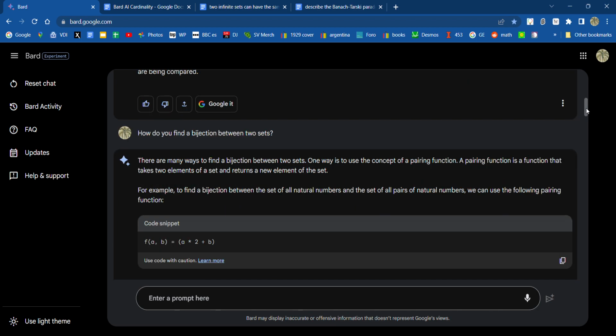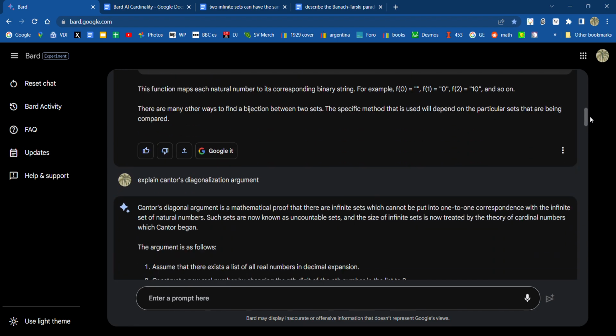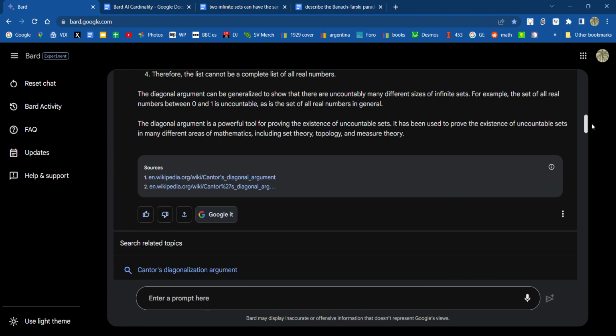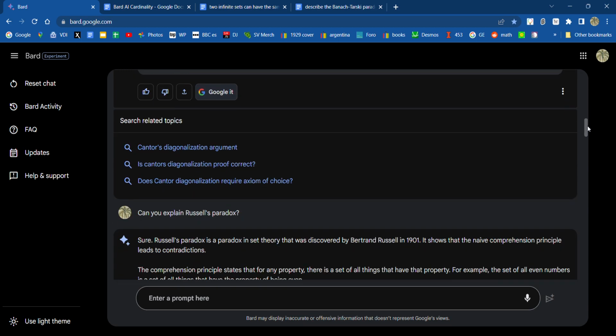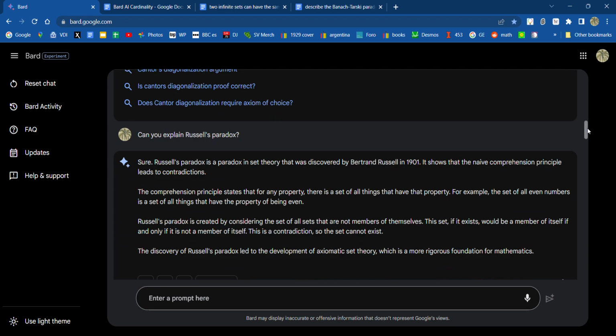In some of the questions, it'll give you the sources, as Bing AI does. Every one of them has the option of Googling it. Now, in my case, just me, I'm not interested in Googling any of this stuff because the whole point of the AI tool is that I don't have to Google so much. So I don't want to Google at all. As far as the answers are concerned, it's mostly plain vanilla Wikipedia,